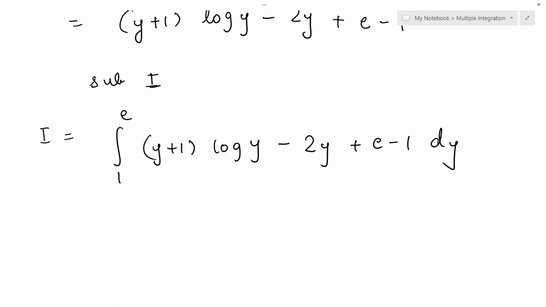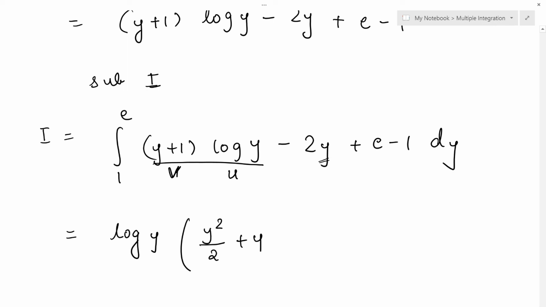So again by parts we'll have to use over here, right? For this integration again by parts. This will be simple, y square by 2. This will be e into y. For this I have to use the LIATE rule. Okay, so u into v by parts. So let me use that rule properly. You can do it in rough and then you can write it if you cannot do it directly.